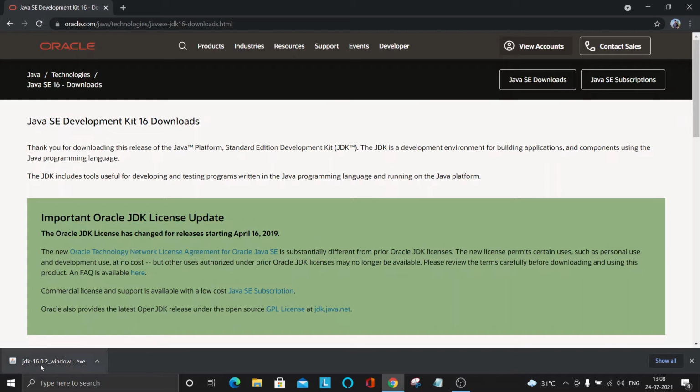Once the download is completed, just open it and you will see the Java wizard. Inside that, just click two times next and one time install. And I will suggest you to keep the path of Java as default.